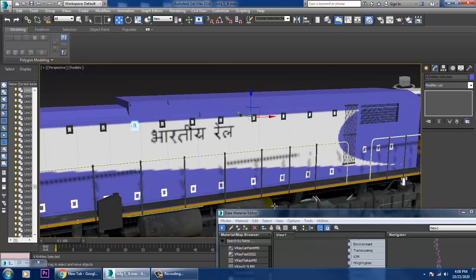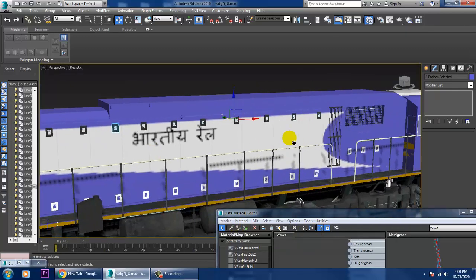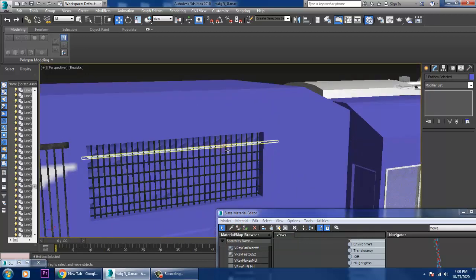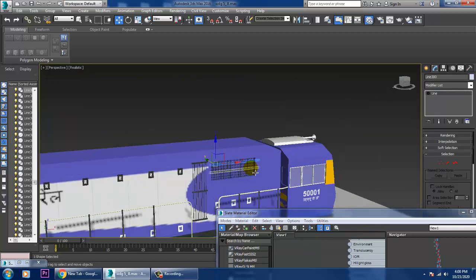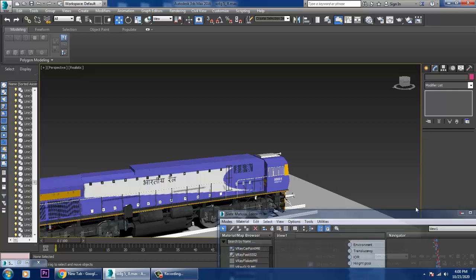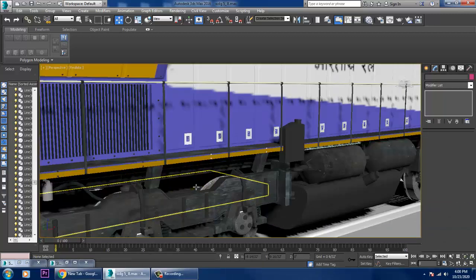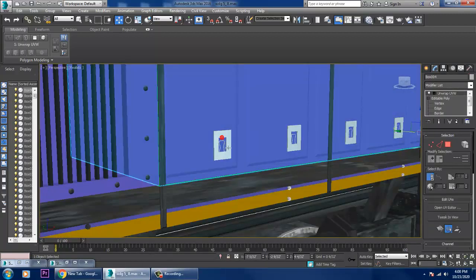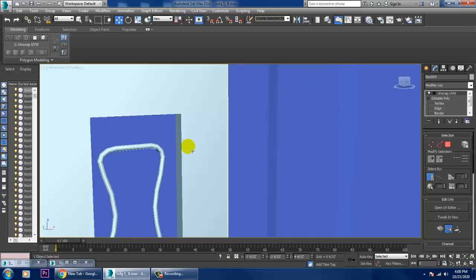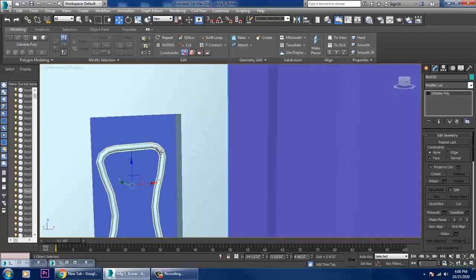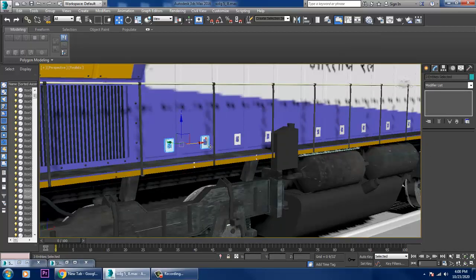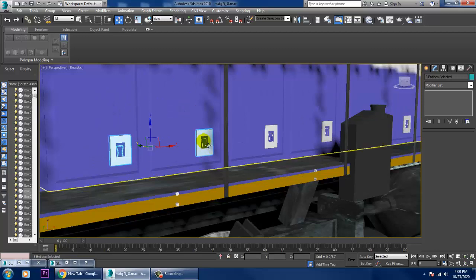Okay, so let's just assign it again, assign this all again over here. So this will go the same on the other hand also. So this was going to be a very tough part, time taking part.